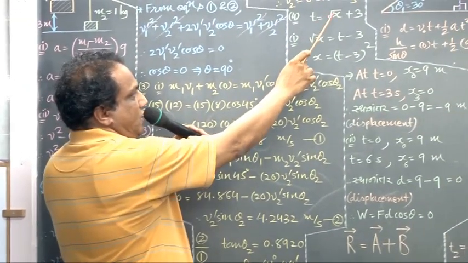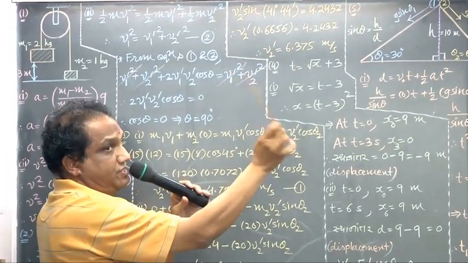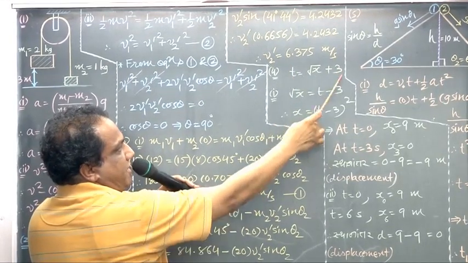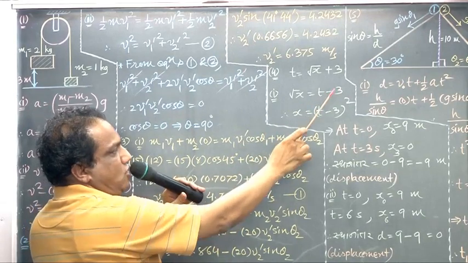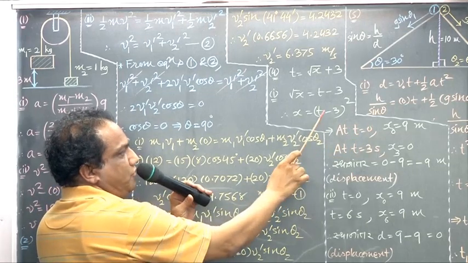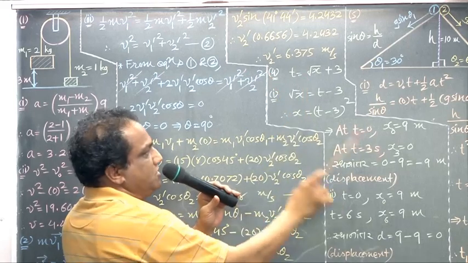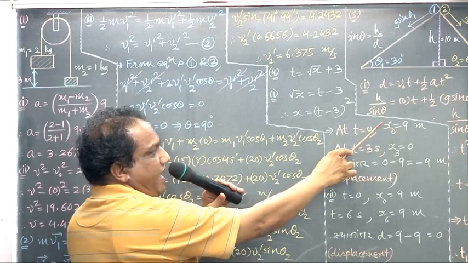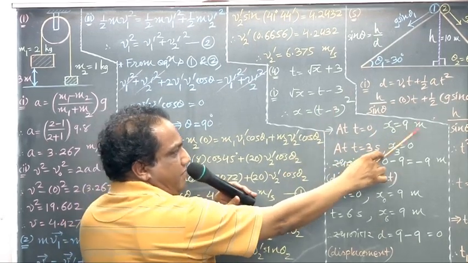T equals under root x plus 3. X is in meter, T is in second. Fine. Find out root x. Transfer this, so it is T minus 3. Take square on both the sides. Square of this will be x, square of this, T minus 3 whole square. Just put T equal to 0. Put it here. 0 minus 3 whole square is 9. Because you are finding value of x at time t equal to 0, we should show it by the symbol x0, and it is 9 meter.